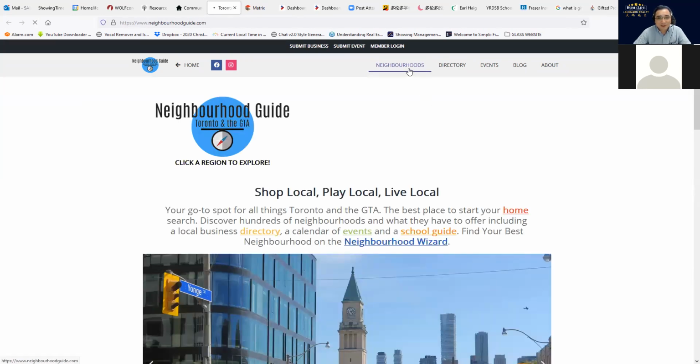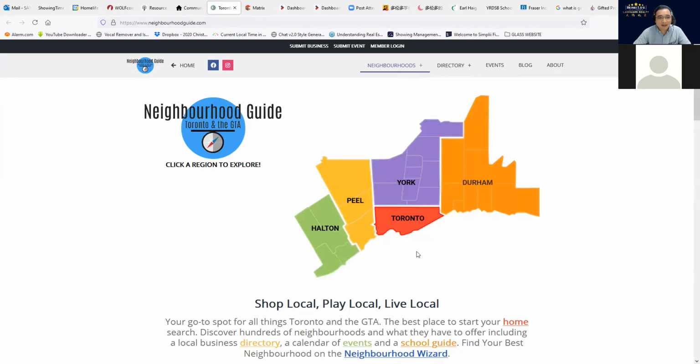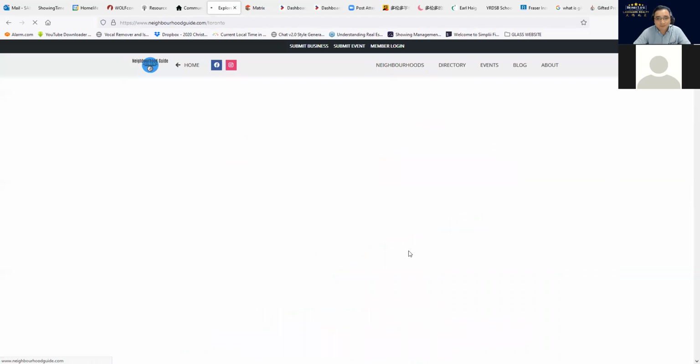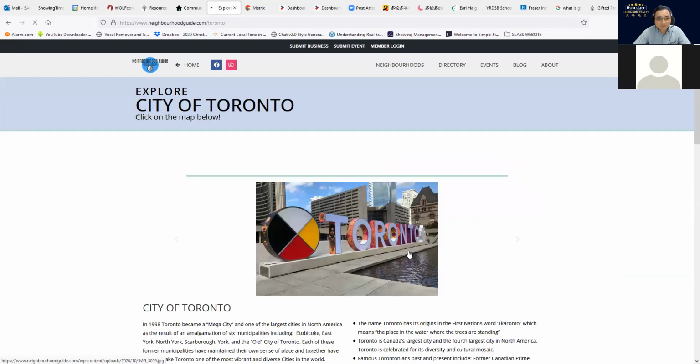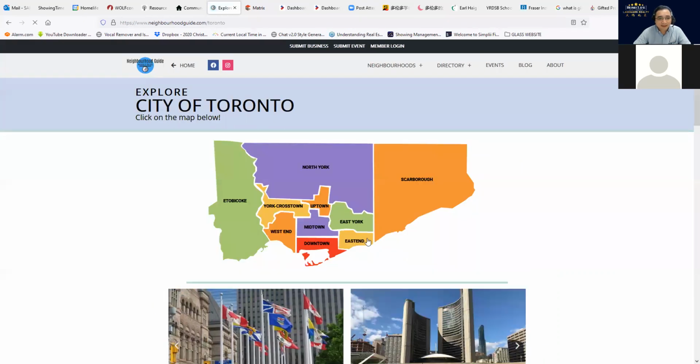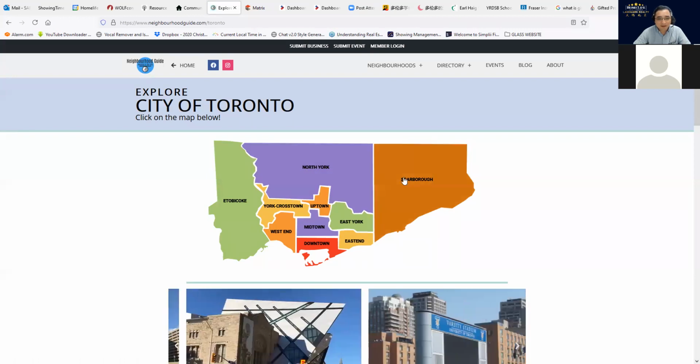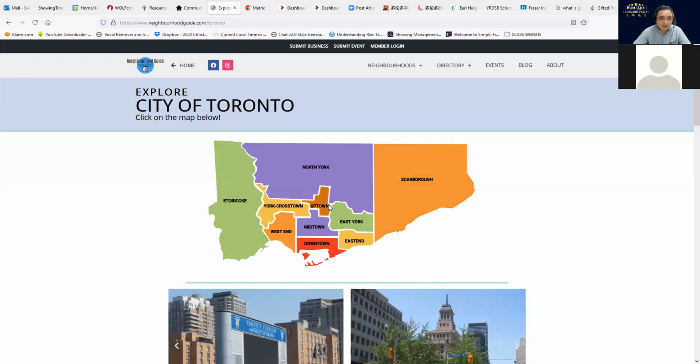So this community page came out. It shows different areas: York, Durham, Toronto, Peel, Halton. So you can find different areas. For example, let's go to the Toronto area. I click Toronto. Next, I can go to North York or Scarborough, whatever area you want.